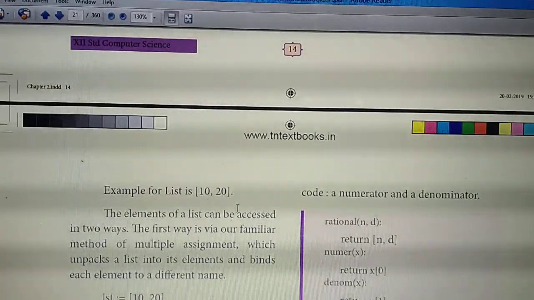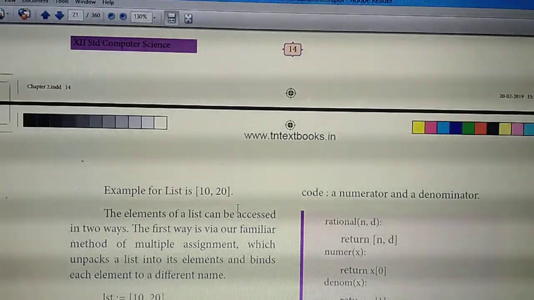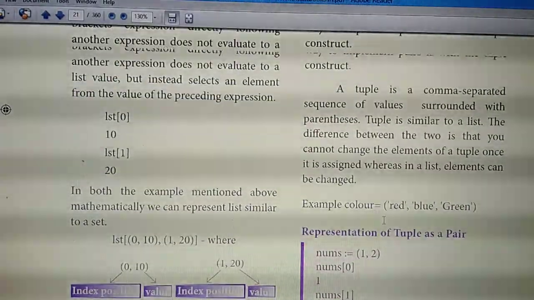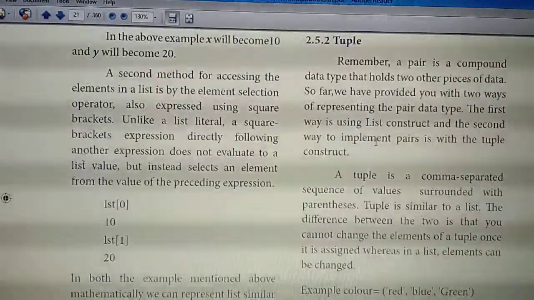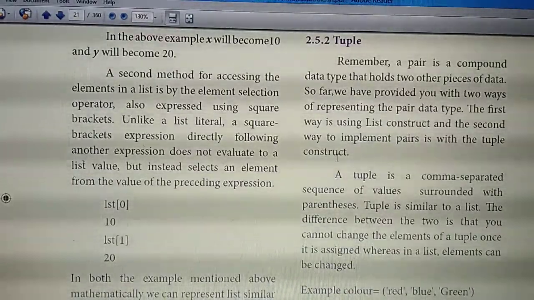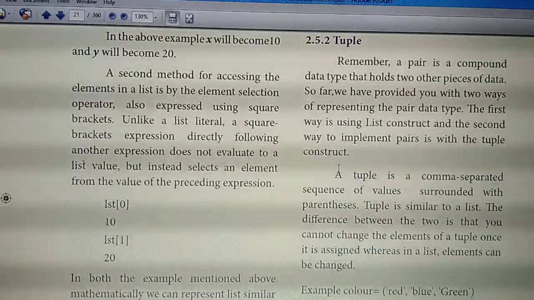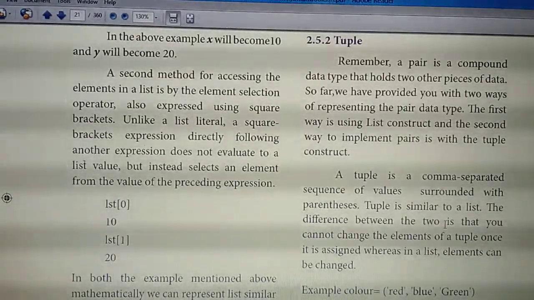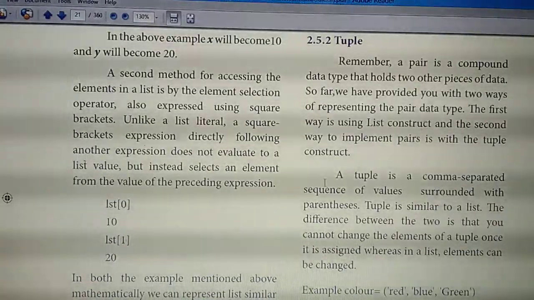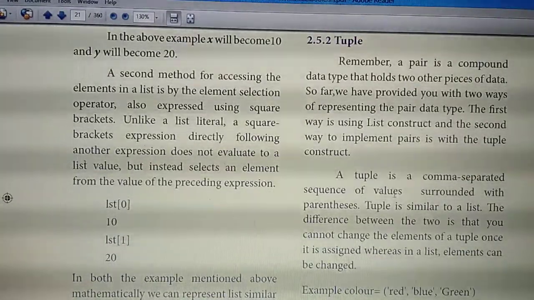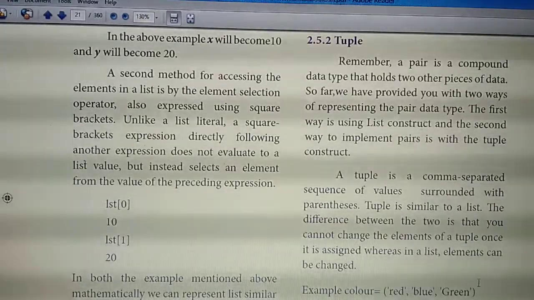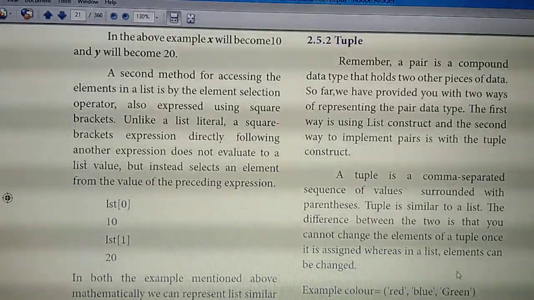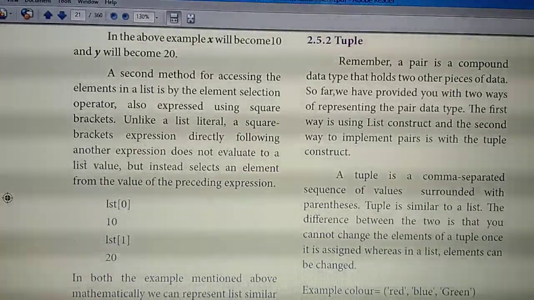Then what is a tuple? Give an example. So page number 15. Under the heading tuple, page number 15, second paragraph. This is the fifth two mark question. A tuple is a comma separated sequence, from here till here. Example in green. Okay. Starting from a tuple is a comma separated sequence, till this example. Okay. Have you all marked? Yes.